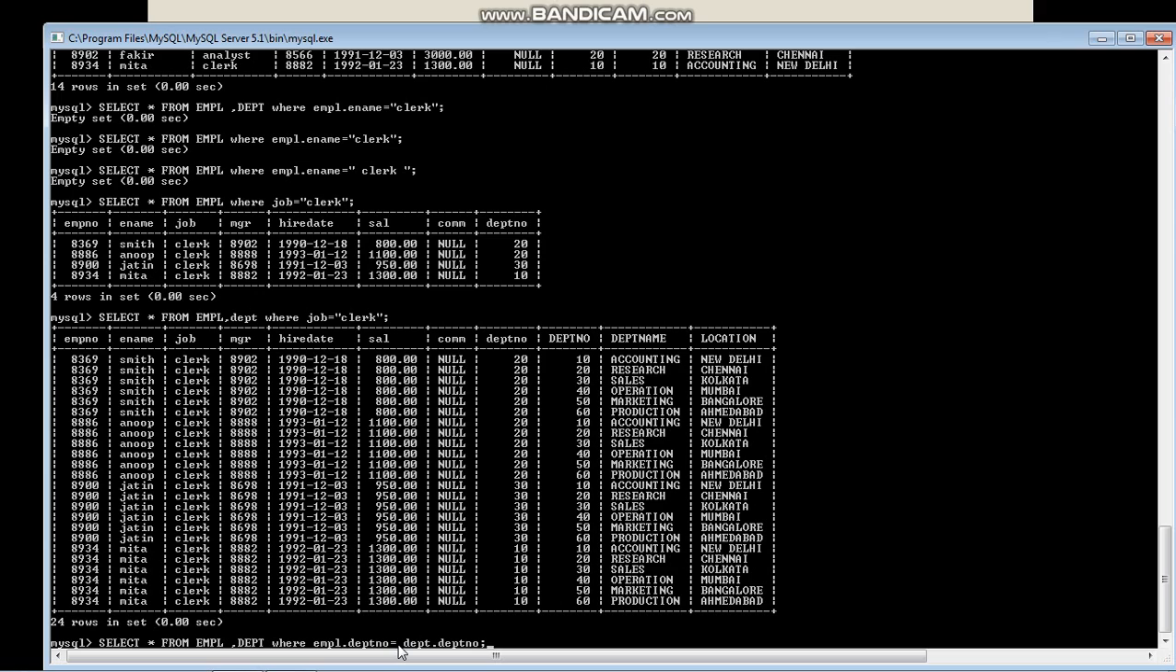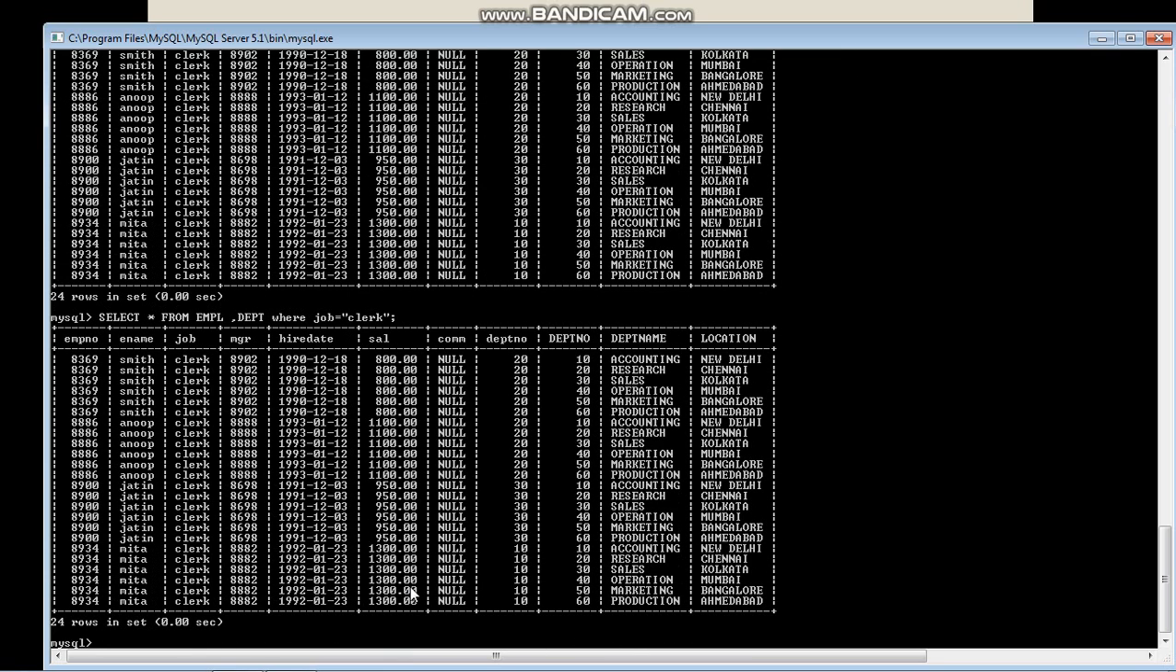Like the simple operations we do using a certain condition. For example, now instead of this, you can easily write where job equal to clerk. So it is displaying from both the tables, but only where the employee job equal to clerk. Here I have used job, I have not used employee.job. You can also use employee.job, but I have written job only because job is only